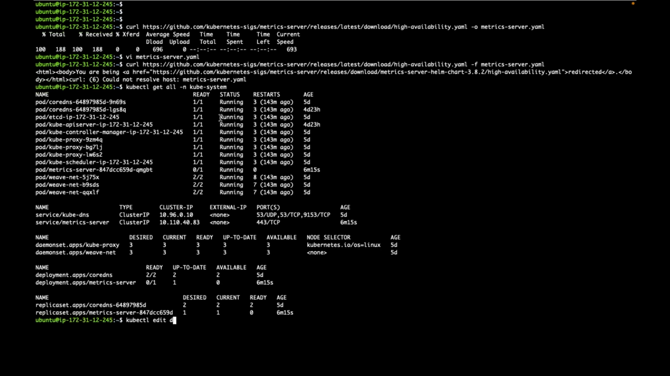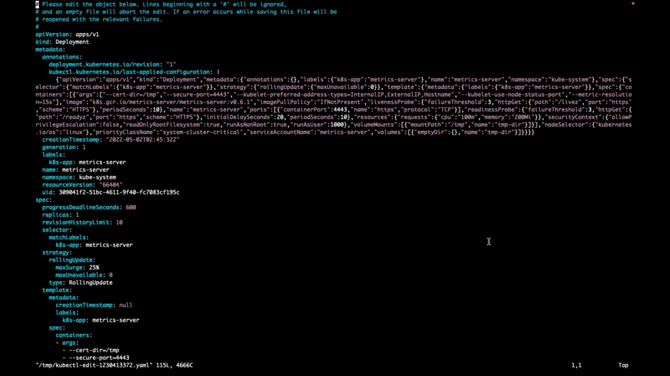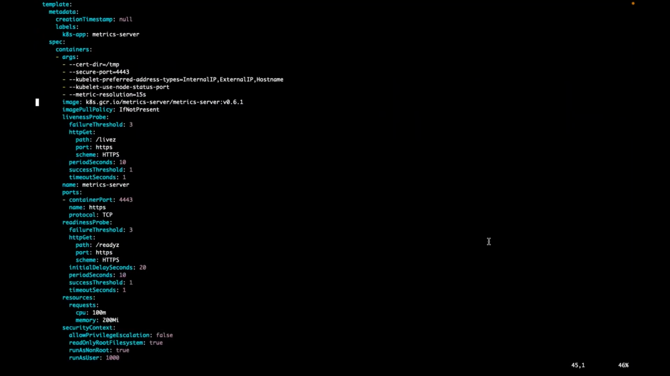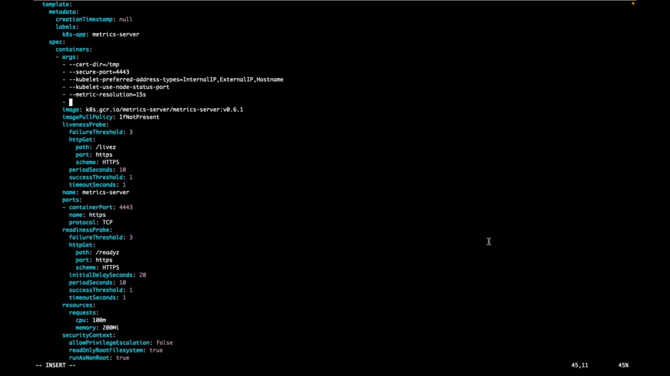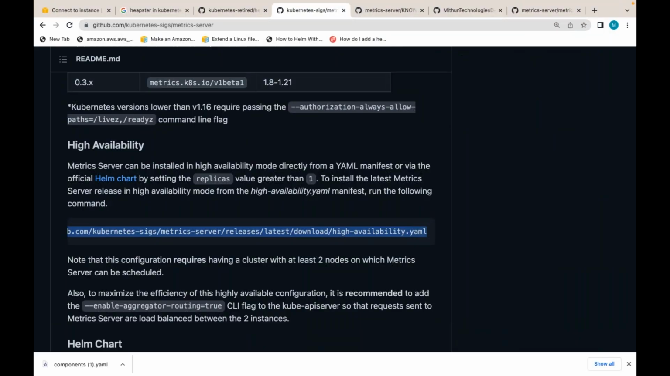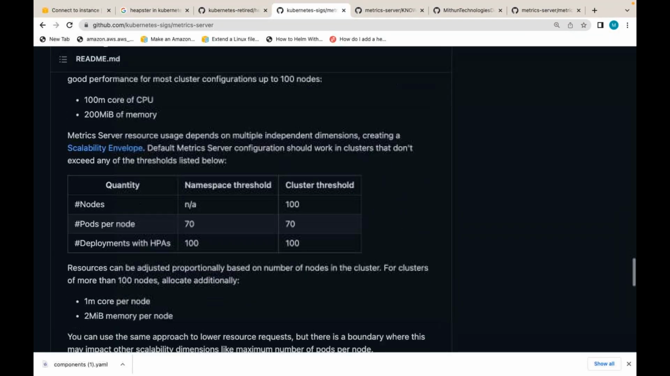kubectl edit deployment imperatively. Can I edit this deployment imperatively? This metric server deployment: kubectl edit deployment, the deployment name, -n in the kube-system namespace, -o yaml. Imperatively, I already deployed it. Now it is opening like this. Can I modify those configurations as per the given configurations, whatever they are giving, like this,